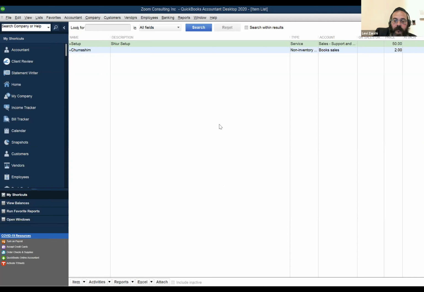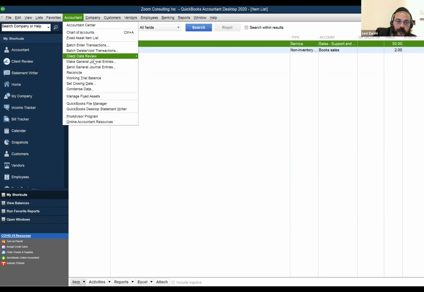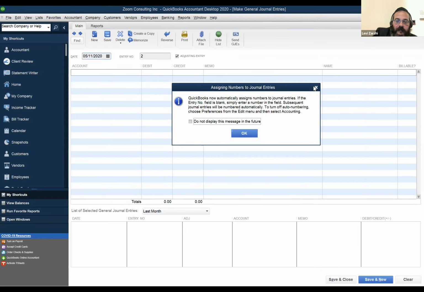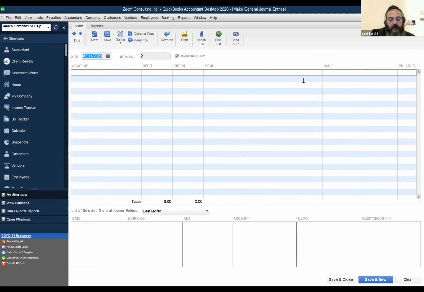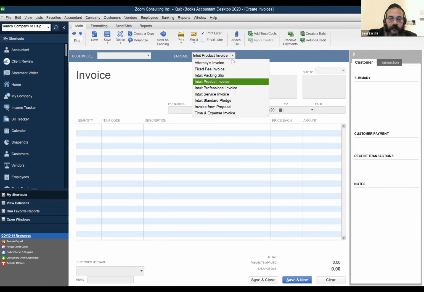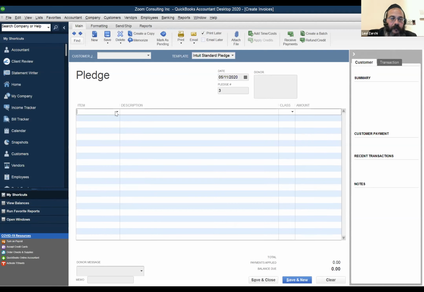So again, there's no invoice, correct? That is why we need the journal entry. A journal entry could be used very, very frequently. If there was a pledge involved, I would create an invoice. He owes the money, whether it's a product or, if I scroll down, what we showed last time: professional service, standard pledge. That's it. So I have a pledge and I'll put in